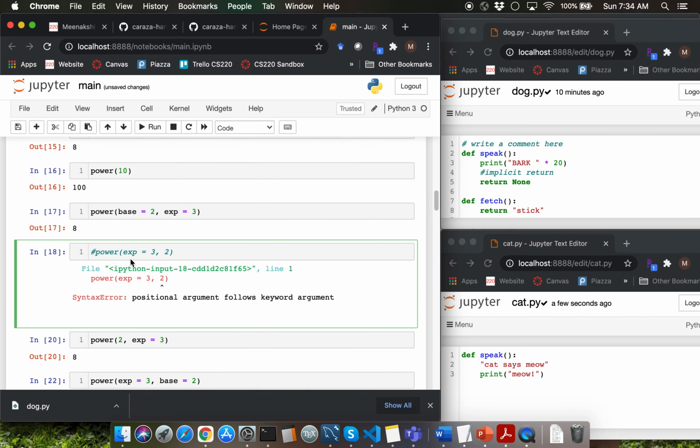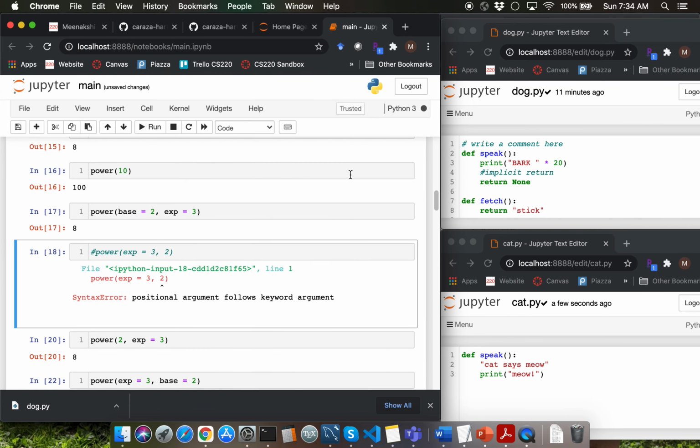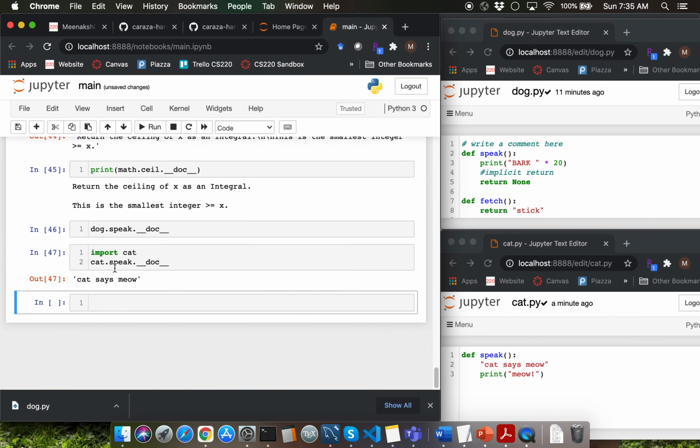When you have a cell which contains an error and you perform kernel restart and run all, your execution will terminate here and the cells below that will have to be executed manually. I don't want to do that, so I'm commenting out the cell which has an error. And now I'm doing kernel restart and run all, and observe that this time we are getting cat says meow